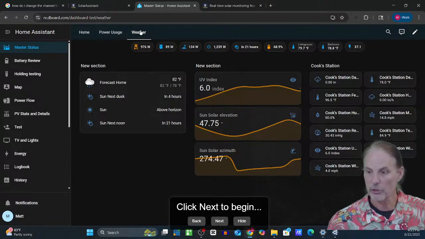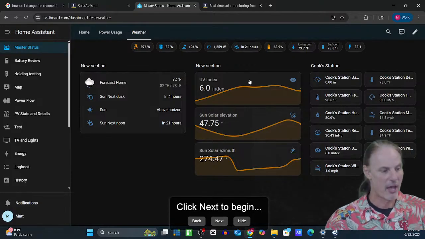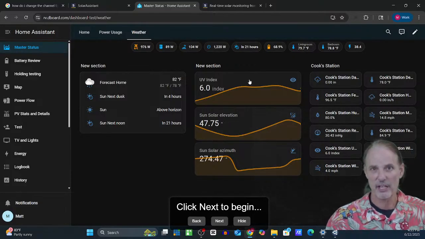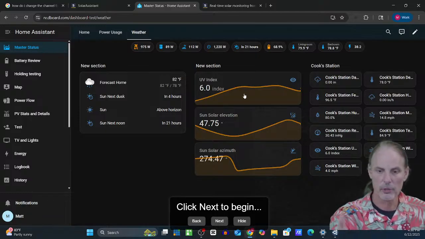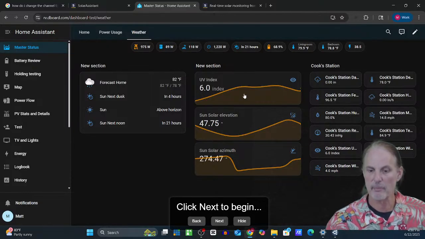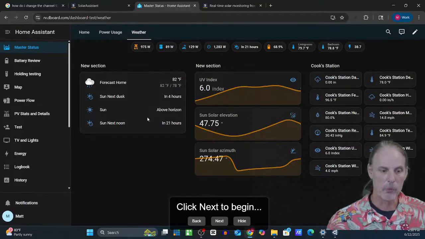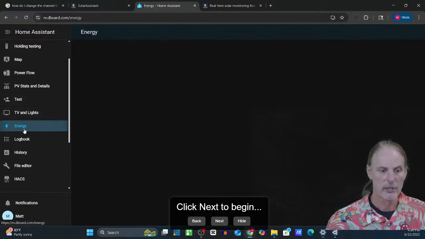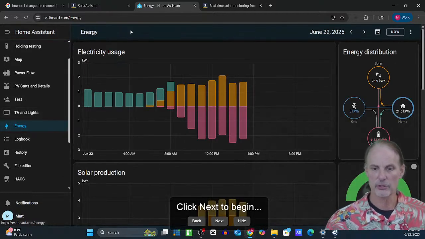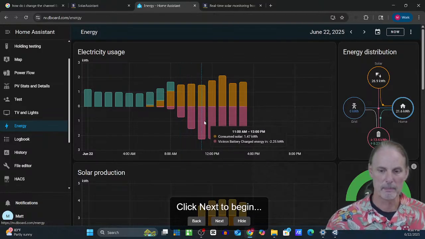But CookStation gives me wind speed and temperature, allows me to configure all of that stuff and understand what's going on there, see UV light, see sun, solar elevations, and see all of those types of things and anticipate stuff. There is some intelligence reporting that goes on in here also, where you can look at some of your energy windows and see your usage today, where this shows me usage at the top. It shows me battery